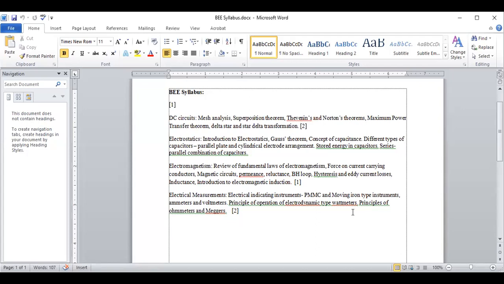Yes, so what I can do is discuss a few numerical problems, because theory, saying the same thing again and again, is of no use. We have already studied all this. I will take only one class on that and discuss some numerical problems. And in electromagnetism, there are little things you haven't studied earlier, that is the magnetic circuit. I will also discuss magnetic circuits and some numerical problems on that. So that will take one class, and this electrical measurement, I think it will take 2 or 3 classes.